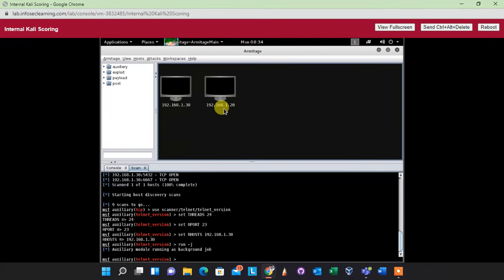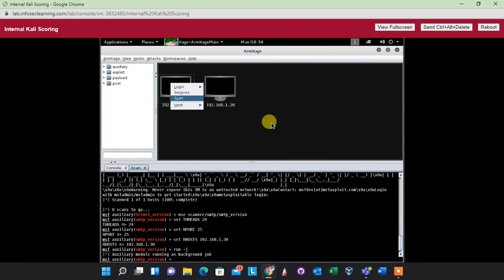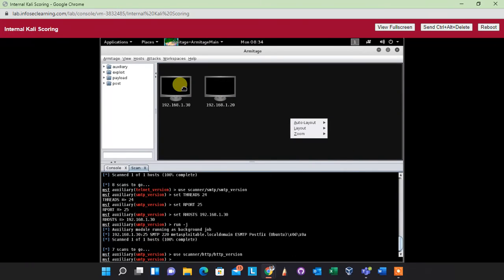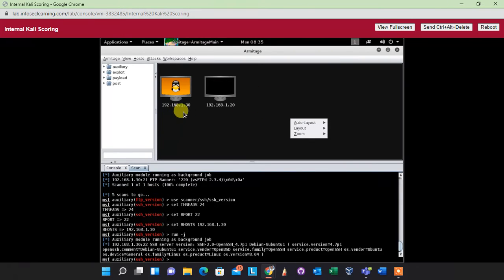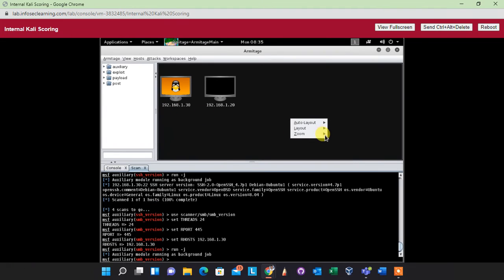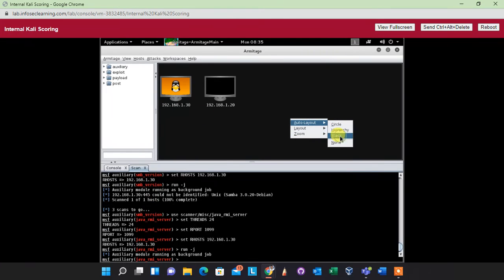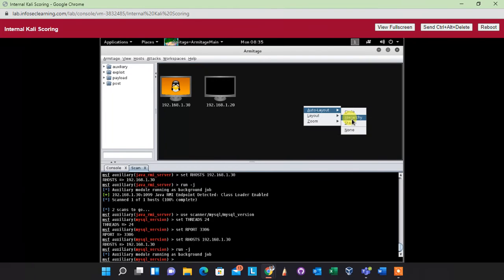Okay, the other thing that I can do, let me do this. I'll just click on the side here, say auto layout. Let me say stick, because I'm thinking that maybe some of the devices are hidden behind these, because there are supposed to be 4 devices there. Okay, it shows us that this is a Linux box. Say auto, say stick, hierarchy. Because I can see some of my devices there. All right,